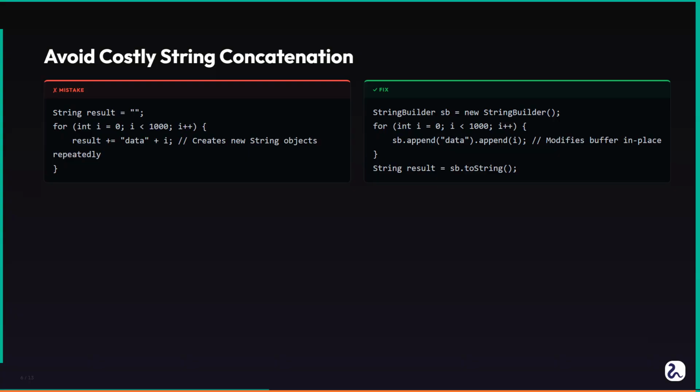Here is where understanding bytecode becomes critical for performance. A common anti-pattern I've seen junior developers make is concatenating strings in a loop using the plus operator. You might write something like: String result = ""; for (int i = 0; i < 1000; i++) { result = result + i; }. On the surface, it looks harmless, but if you inspect the bytecode for this loop, you would find repeated,